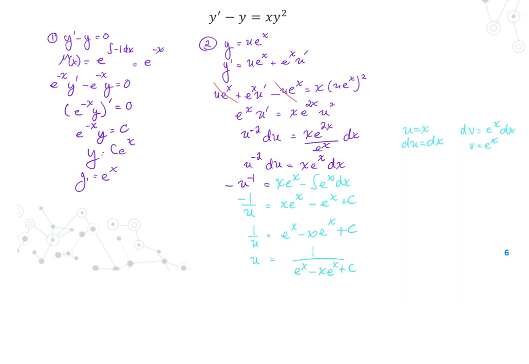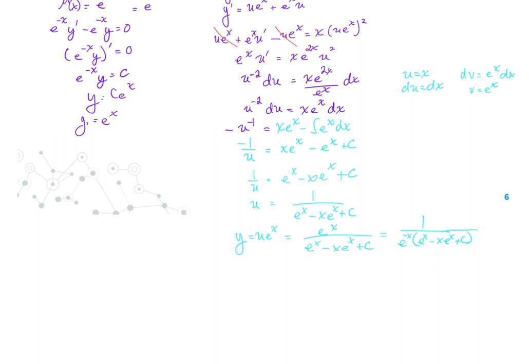And our last step is to say, well, y is u times e to the x. So we end up with e to the x over e to the x minus x e to the x plus c. So here's the cool part: we can either leave it this way, or we can move our e to the x to the bottom, and we can make it 1 over e to the negative x times e to the x minus x e to the x plus c,